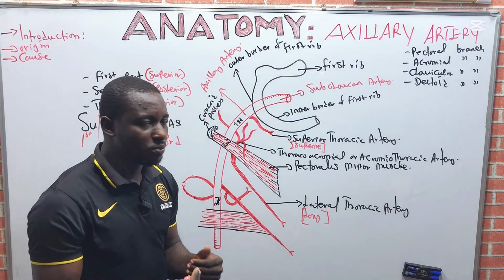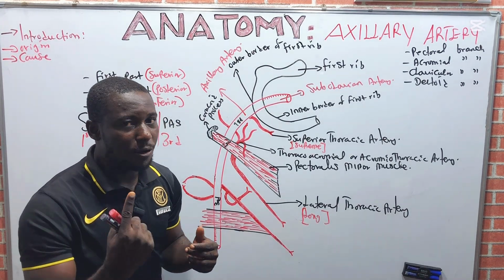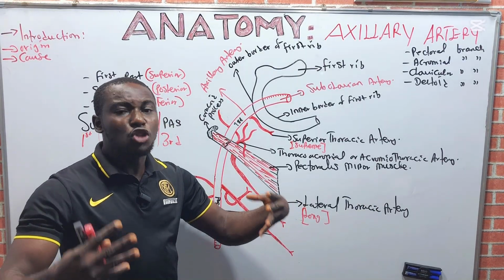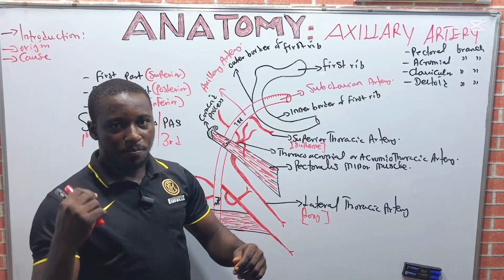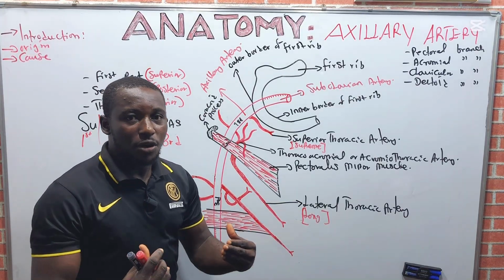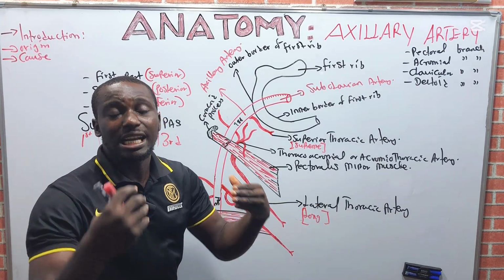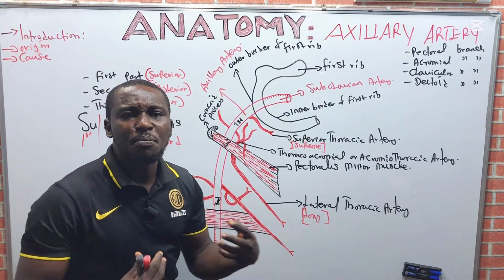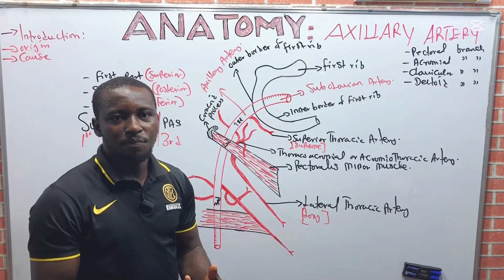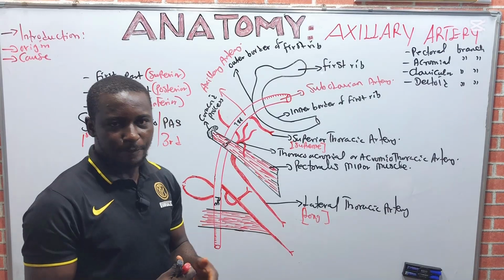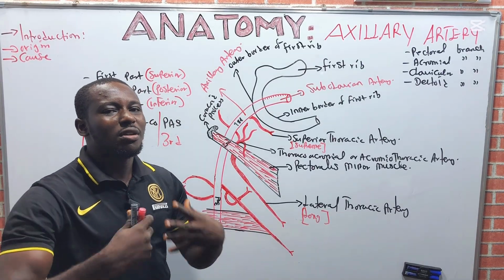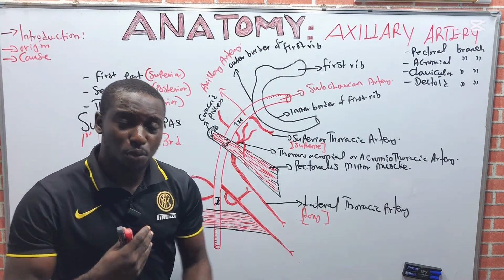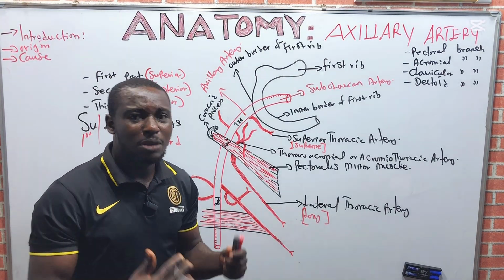In female, pay attention, the lateral thoracic artery is usually large compared to male, because in female the lateral thoracic artery gives an important supply, or provides important perfusion, to the mammary gland through its lateral mammary branch. Through its what? Lateral mammary branch. That is why it has to be large, in order to provide strong perfusion to the mammary gland,